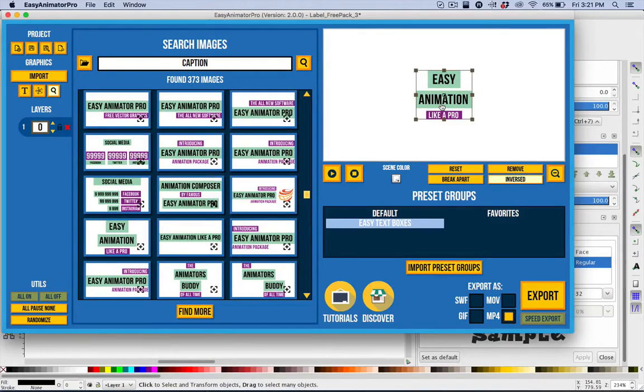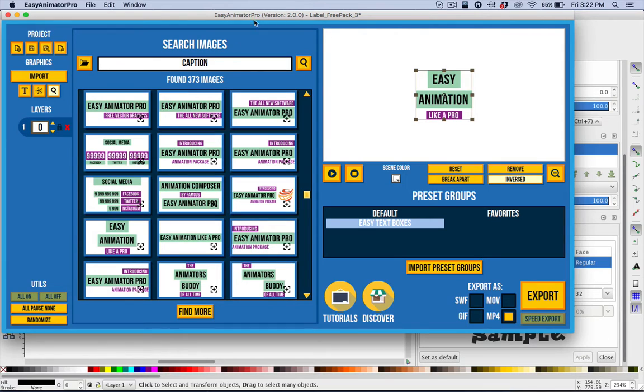As of the time of this recording, Easy Animator Pro and Easy Animator do not support non-romantic languages. We are working on importing fonts and the ability to type right to left or in other directions that are used in different languages. Currently, though, we don't support that. So if you want to use it with a different language, I'm just going to show you a quick, easy